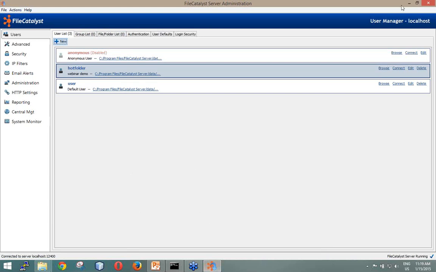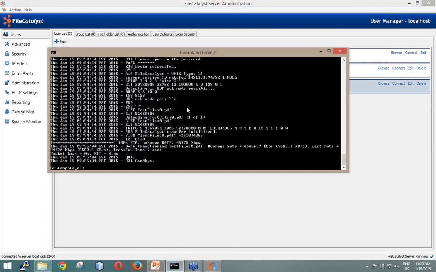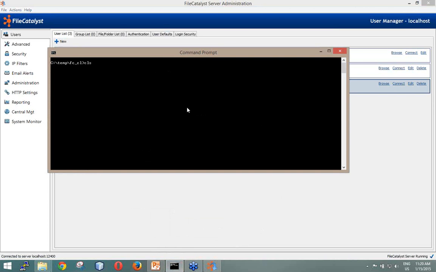So what I'm going to do now is switch over. Here's my hot folder user I created, and here's my other user. I'm just going to go quickly over the command line so you have an idea how this works. Basically, it's just a command line where you can specify all your switches.